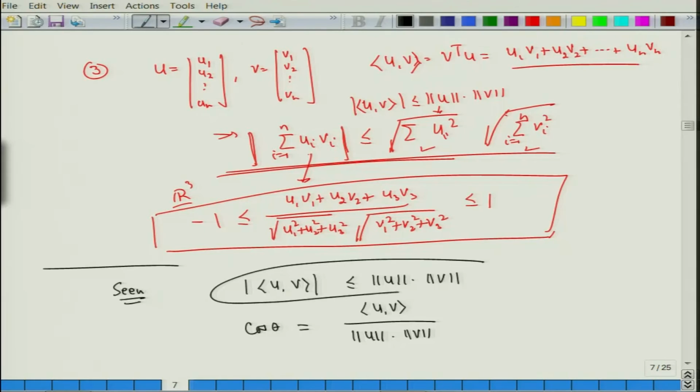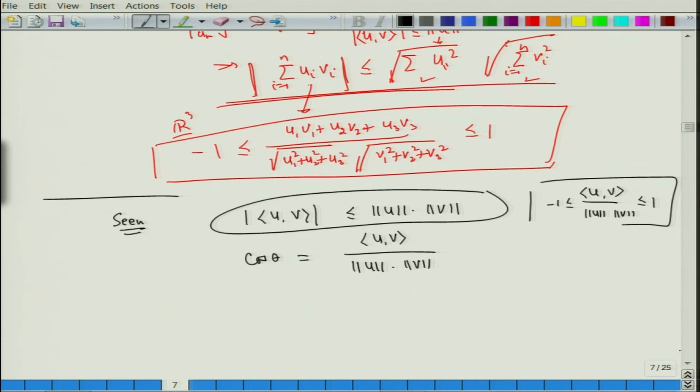This part tells me that -1 is less than or equal to uv divided by this, that's all it says, but why it has to be cos theta, that one has to understand. Fine. So we define this cos theta as this, you can compute angles and so on. For us what is more important is, we say, so definition,